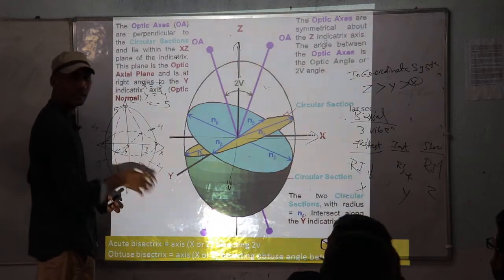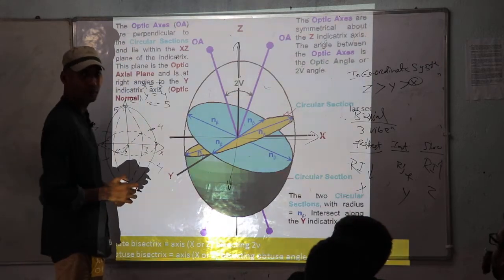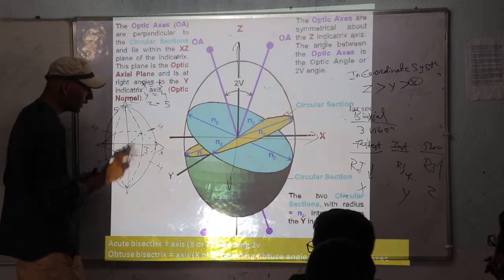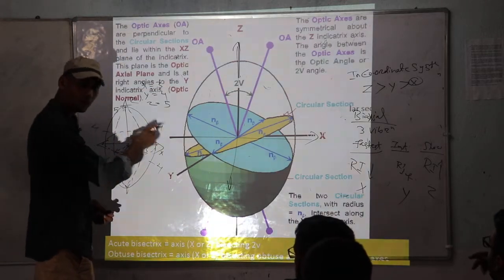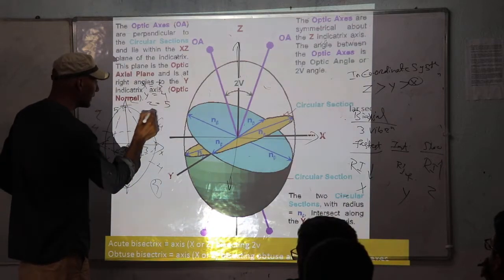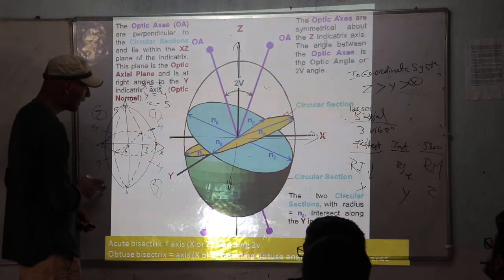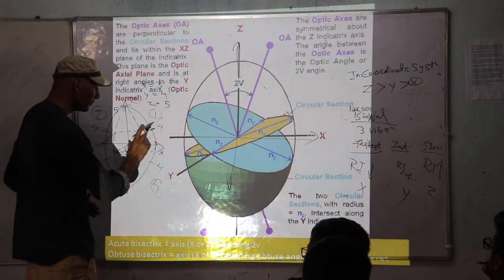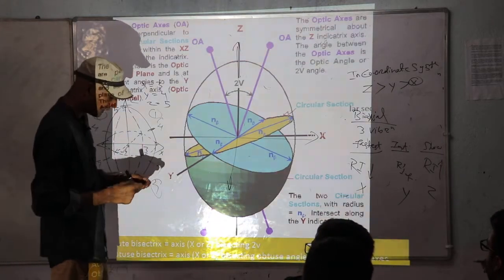it is 4. That means in each quadrant you will get the intermediate value between the least value and the maximum value, right? So the in-between value will be here, the intermediate value will be here. So if I am joining these 4 and these 4, that means the intermediate values of opposite quadrants, this is 1, 2, 3, 4. 4 quadrants are there. So if I am joining values of the first quadrant and third quadrant along with the y-axis, you can see here it is 4, in the y-axis that will be 4, in this quadrant that will be 4, in the y-axis that will be 4. You can see like this.